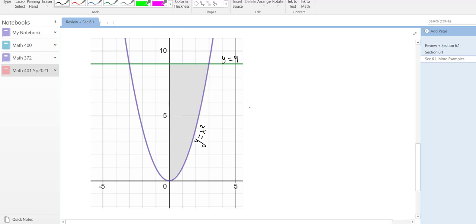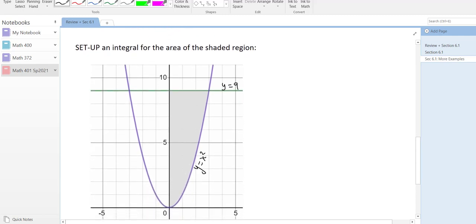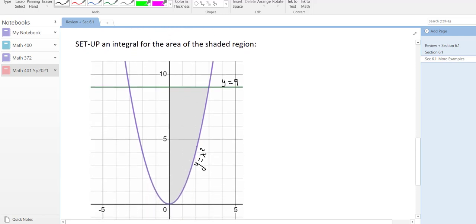Hey everybody, in this next example we're gonna go over one that we did in class last time. So we are looking at the region bounded by the graph of y equals x squared, so the parabola, and the line y equals 9 in the first quadrant. So when we did this in class, and just to remind ourselves, we took a little